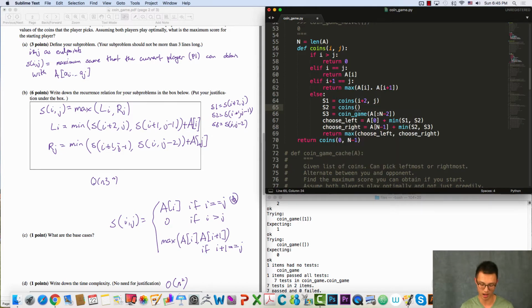This subproblem, i plus 1, j minus 1, is going to be either I pick left and opponent picks right, or I pick right and opponent picks left. And finally, we move to the case where we both pick right. And now I make i and j,